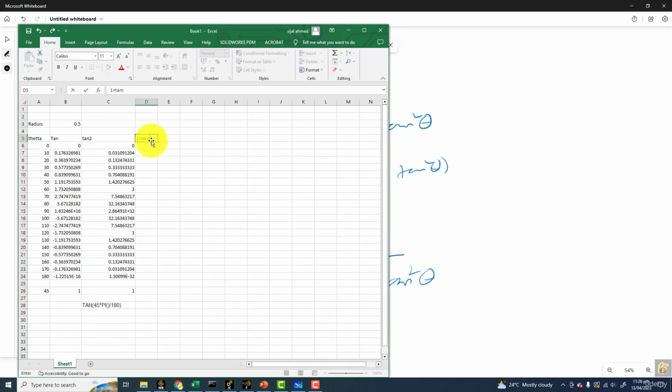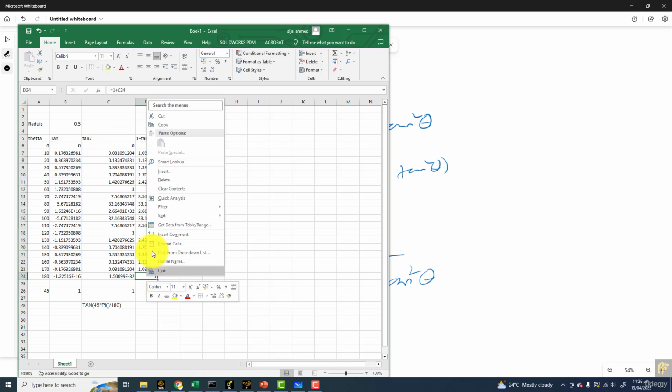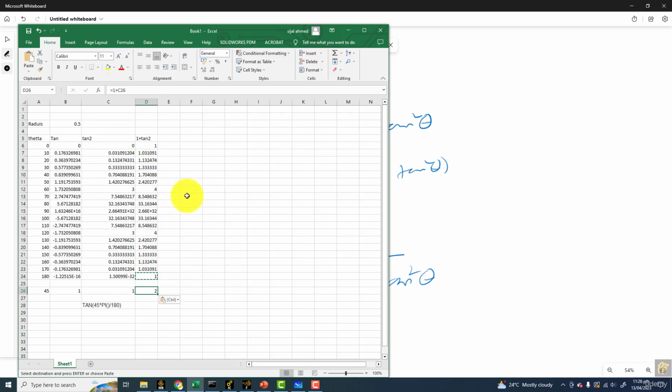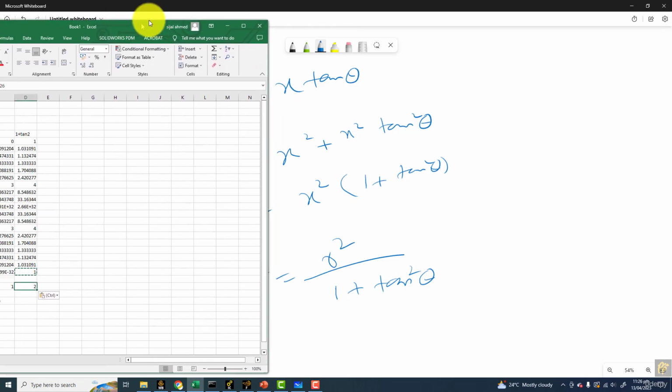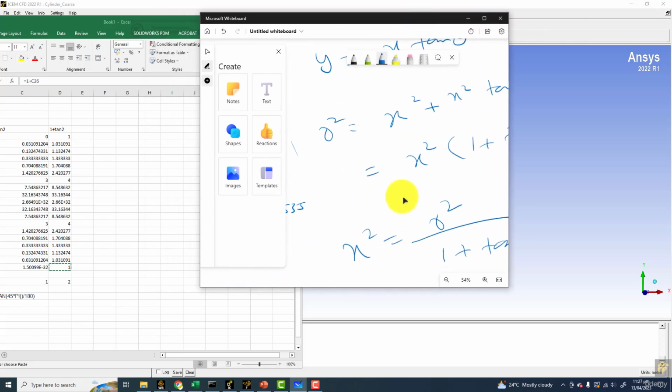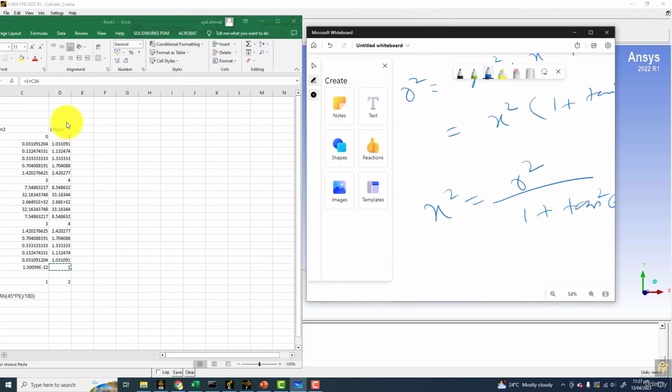Okay, so 1 plus tan square. Okay, so this is equal to 1 plus this value, and like this. And I will put this value over here as well, so that we can confirm the value. Okay, so we get the x square in terms of this value. So I can get the x square, or x is equal to, so this x will be equal to